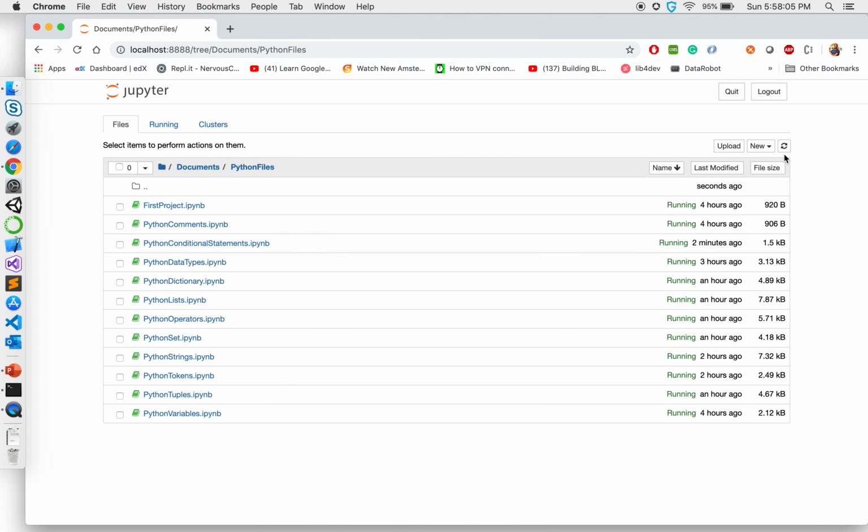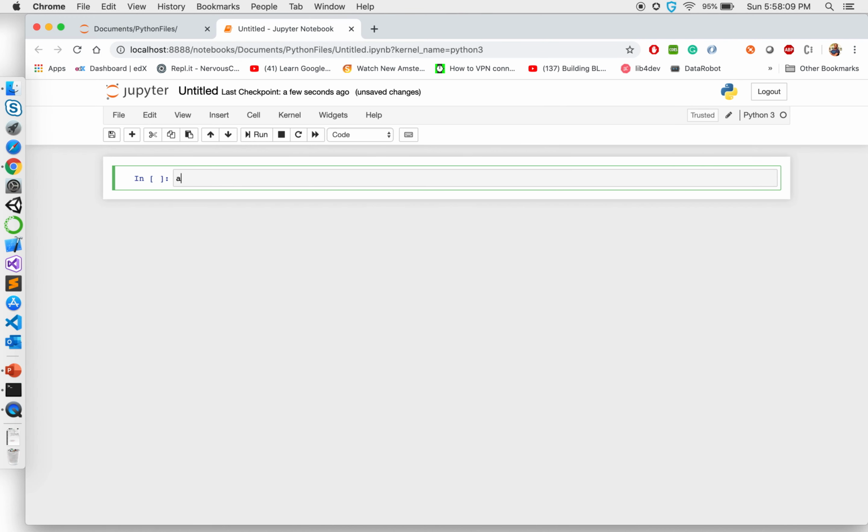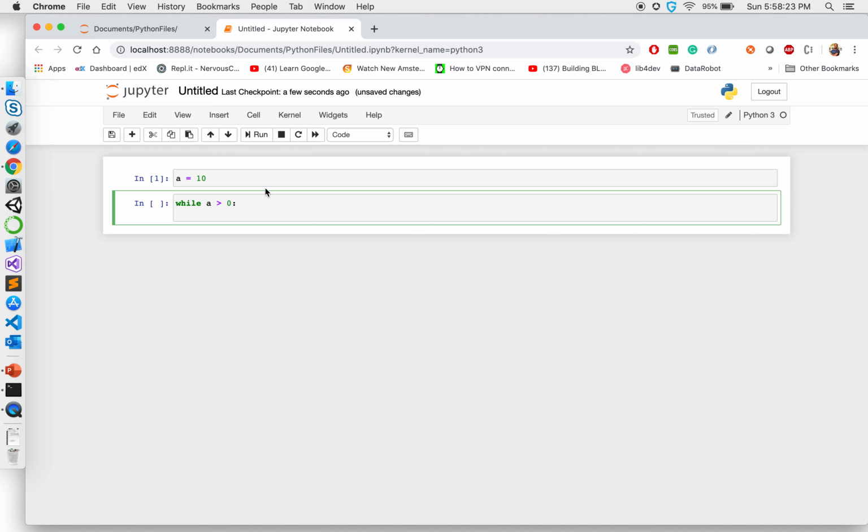Let's start a Python Jupyter notebook. In here, I'm going to say a equal to 10. Now, it doesn't have to be a list. It can be a particular statement. For example, I can say while a is greater than 0. Does it meet the criteria? A is 10, which means a is greater than 0. So I'm going to say if a is greater than 0, print a,